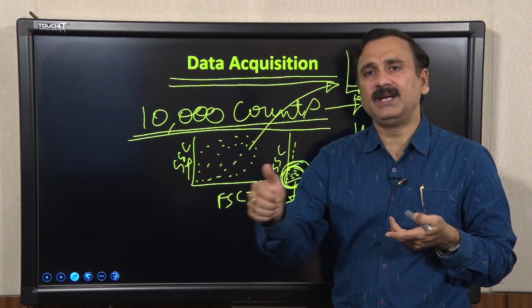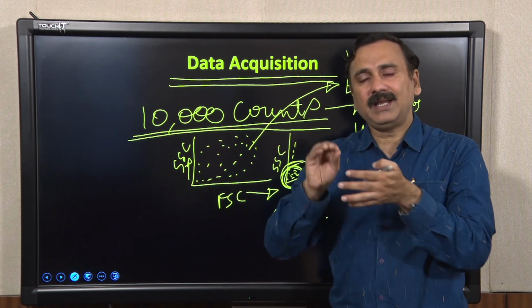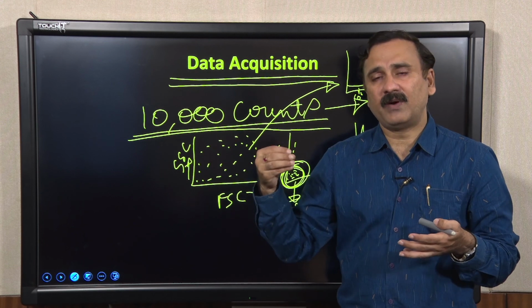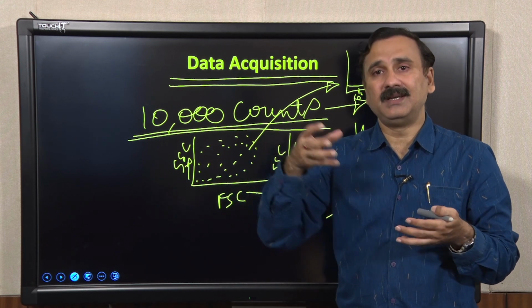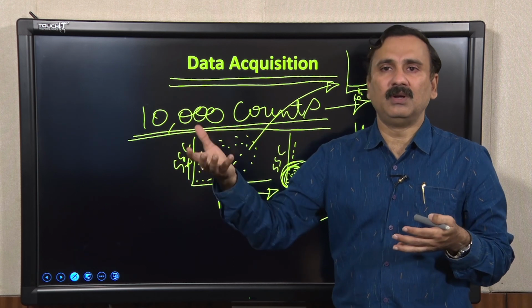So, when you give more intensity to the sample, it is eventually going to give you more fluorescence. That can be modulated with the help of the laser. So, if you provide more current to the laser, the intensity is going to go up, and as a result it is going to give you more signal.